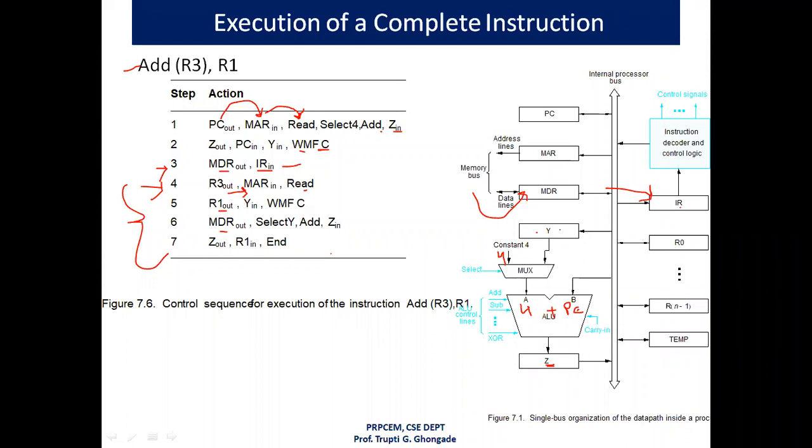So let's consider your Y contains the contents from register R3. For example, the contents of register R3 are 4.